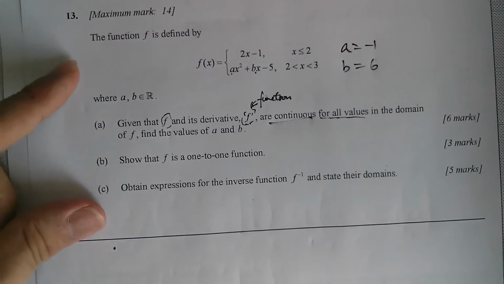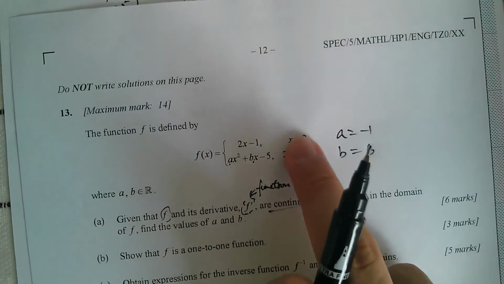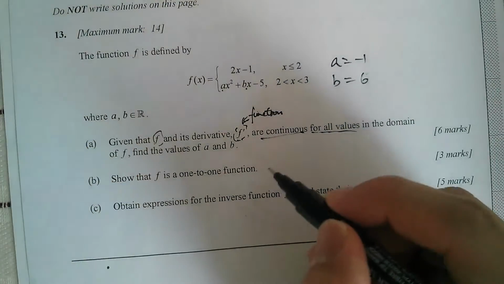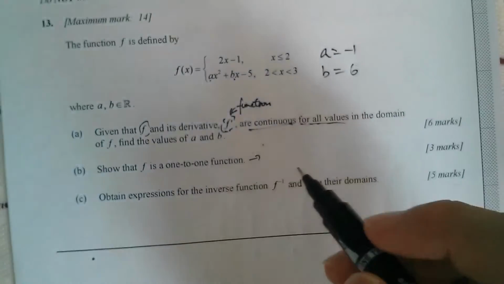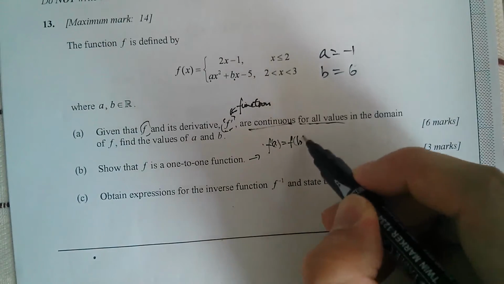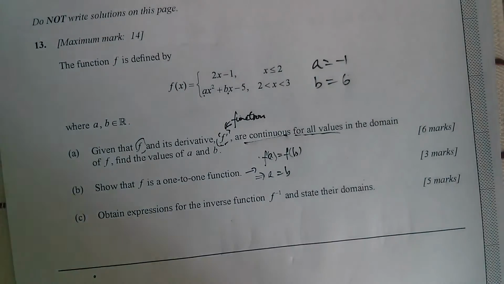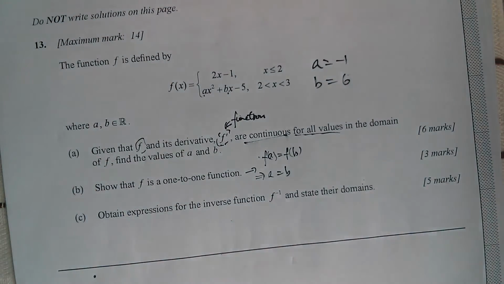Then for the other two parts, it's even harder. First, show that f is 1 to 1. How do we show that? If you do the Set and Relation and Group option, you would have learned this. But if you do it that way, due to the fact that this is a piecewise function, it's pretty tough. The normal way is we let f(a) equal to f(b), then we want to show that a equals b. But this is really not in the syllabus if you're just doing core and not doing the set and relation